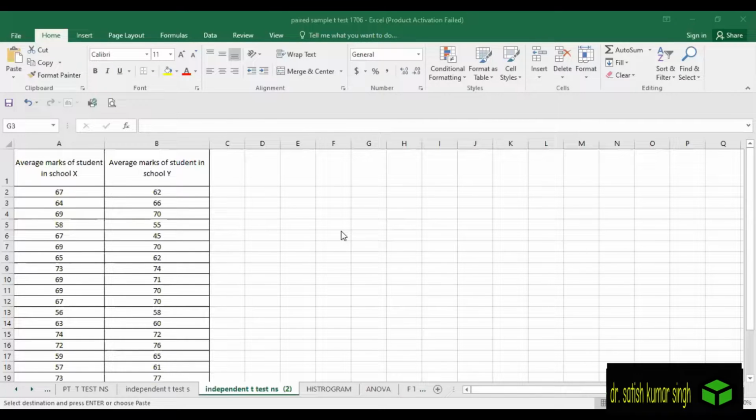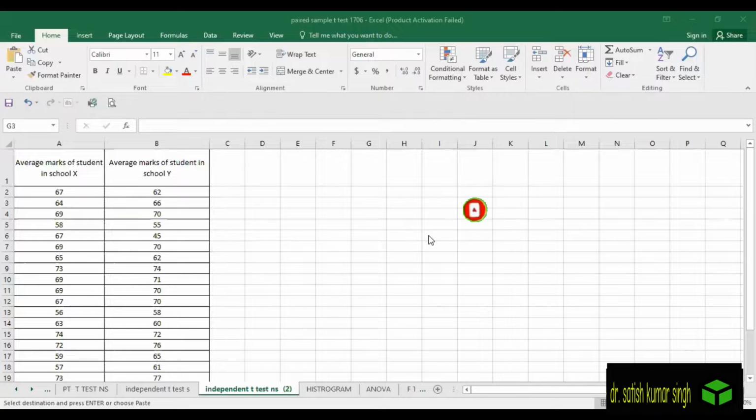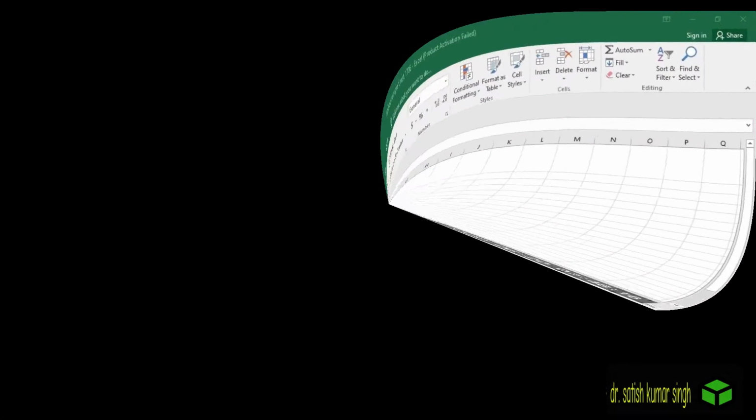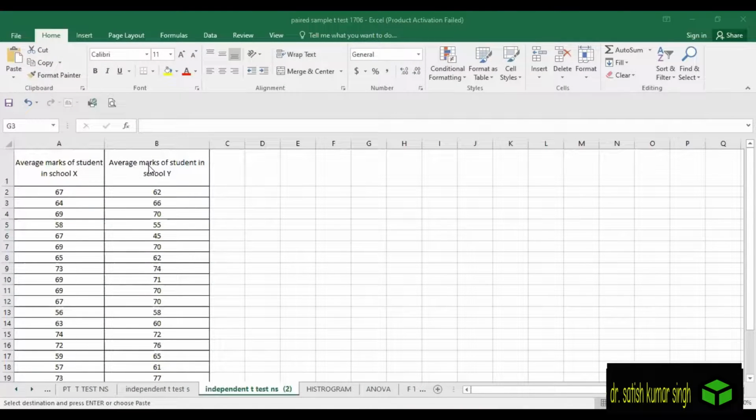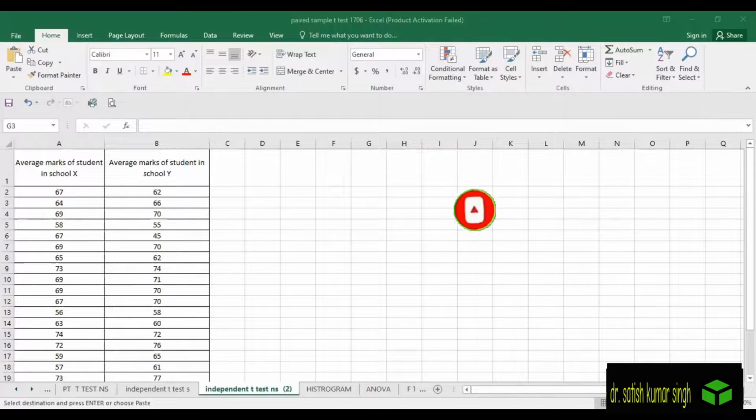आज का विषय है हमारा इंडिपेंडेंट सैंपल टी टेस्ट। इंडिपेंडेंट सैंपल टी टेस्ट को करने के लिए हमें जो डाटा चाहिए वो इस तरह से रहता है। जैसे कि आप देख सकते हैं, डाटा यहाँ पर है हमारे पास: average marks of students in school X और average marks of students in school Y। X और Y दो इंडिपेंडेंट स्कूल्स हैं। तो हम ये देखना चाहते हैं कि जो बच्चों ने मार्क्स ऑब्टेन किए हैं क्या वो दोनों सेम हैं या दोनों में कोई अंतर है। इसके लिए आपको समझाने के लिए मेरे पास ऑलरेडी एक फाइल बनी हुई है।